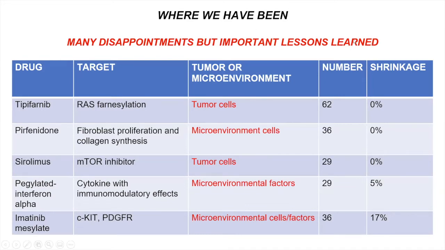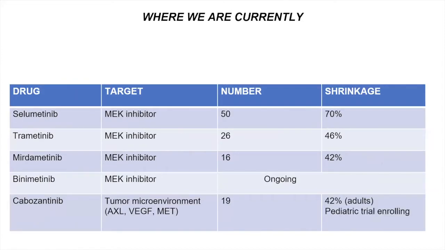The other thing we also learned from these studies was that these tumors, or the plexiform tumors, tend to grow faster in younger patients and then tend to slow down as patients get older. So currently there are many clinical trials that have just been recently completed or are currently ongoing. And I've highlighted here all the drugs that target the MEK gene, and there are these different MEK inhibitors. The one that we've already talked about before